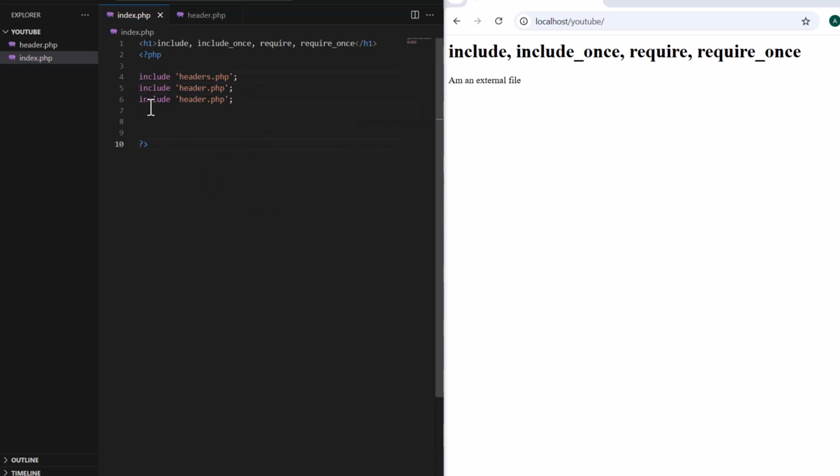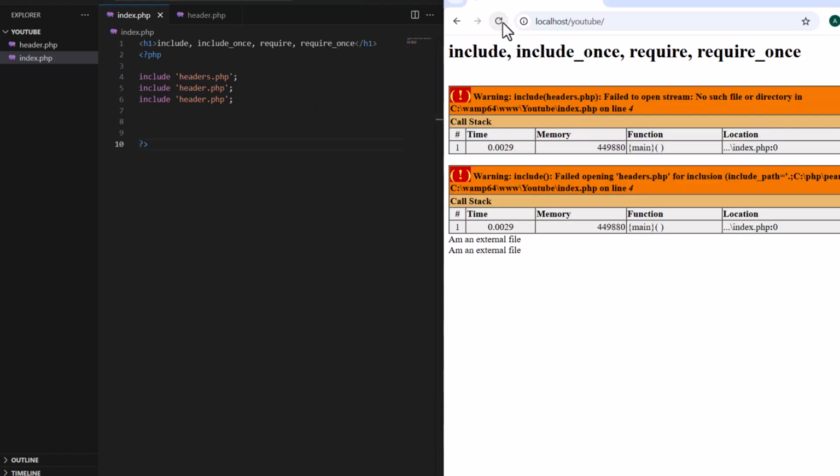So you can see in the first one I put a wrong path, which is headers.php. Then the second and the third one I used just the right path, header.php. If I refresh this page, you can see that it's giving us a warning to show that this file does not exist. Then this header.php actually ran here, and this header.php actually ran here. That's why it got printed out. So whenever you are using include, if the file is not there, you just get a warning, then the script will continue to run. But assuming we are using something like require here,